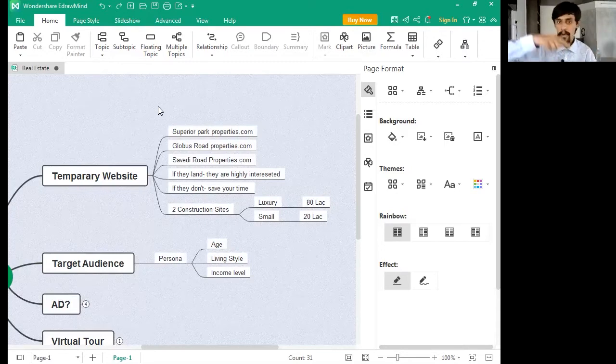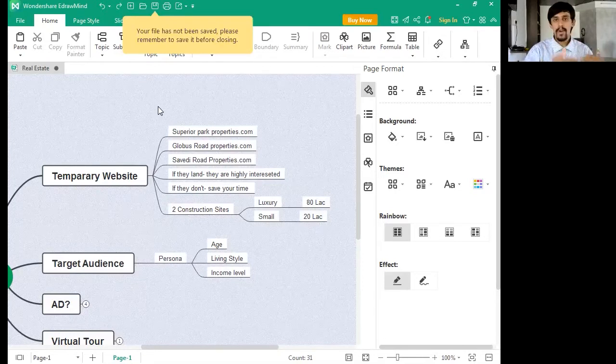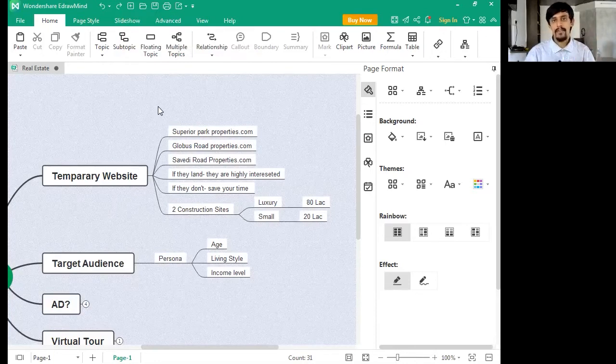If you make a website for a particular area where your real construction is going on, let's say in my area Savadi Road, there is a construction going on. So what will I do? I will make a website savadiroadproperties.com. People to whom I show my ad will click on it, jump onto our website, and when they fill the form on this website, you will understand that these people are highly interested in these properties, because despite seeing the name Savadi Road Properties, they filled the form. That means they want property in this Savadi Road area. That's a very good lead.